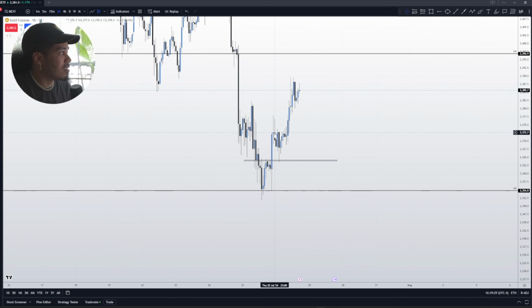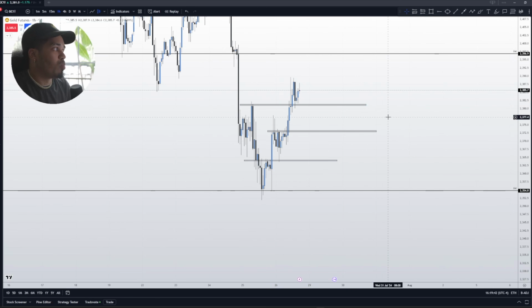Look, the same thing. Break of the highs right here, taking my setup. Right here, this was another entry I had. So, boom, this one, and then this one. And then we have these highs here waiting for them to what? To break the highs. That's all I'm waiting for.